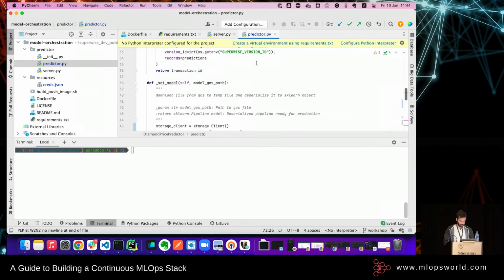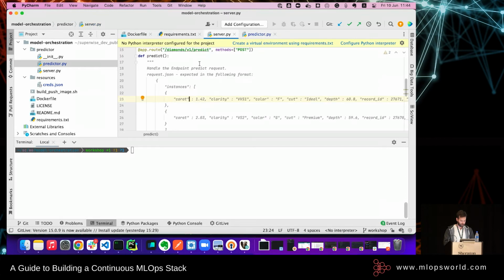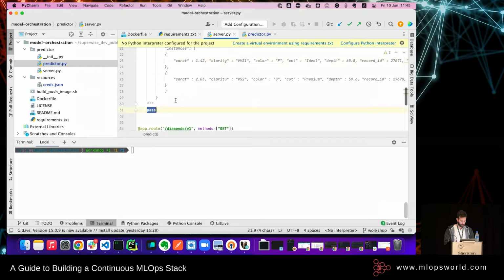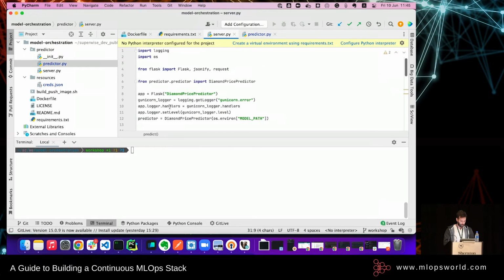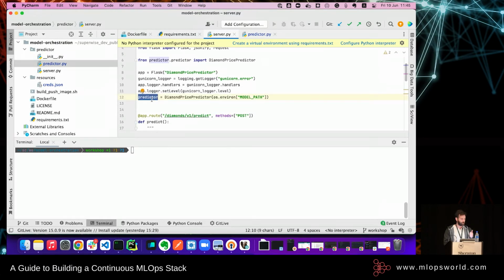Now we can go back to the server. That's a bit easier, and okay, so up here I use the predictor as a global variable, and we have the diamonds price predictor, which gets the model price path from the environment variables, and then creates the instance of price predictor.